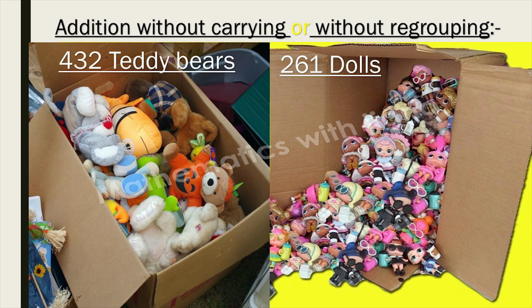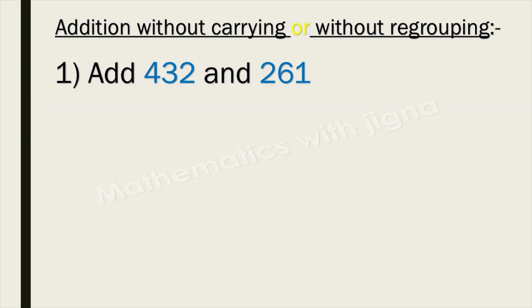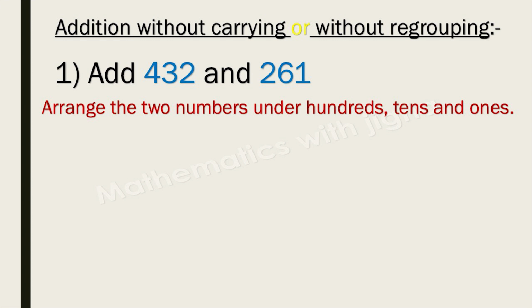Here we have to add 432 and 261 together. How can we add this? So let's start. Arrange the two numbers under hundreds, tens and ones, means write the number 432 and 261